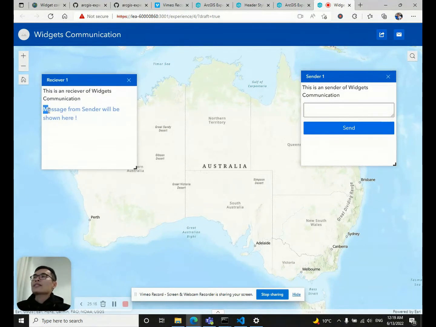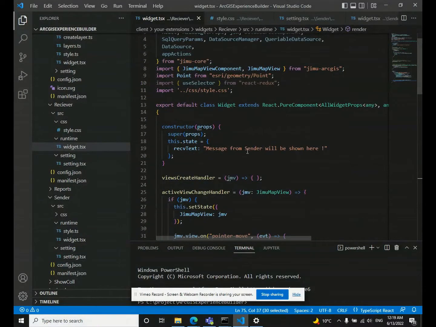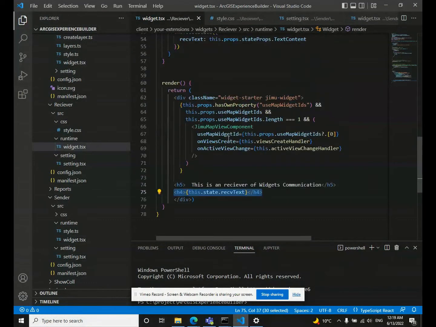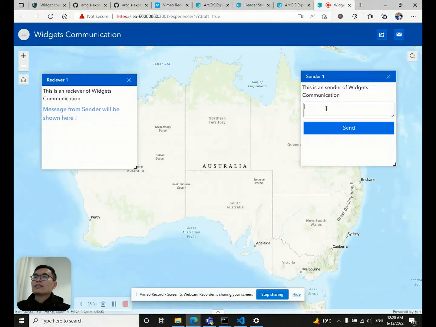The initial message, the initial state, is called "message from sender will be shown here." Okay, this is our initial state and it is bound with our HTML code. Next step, when we write something here, for example, Miles Lee, and then I click the send